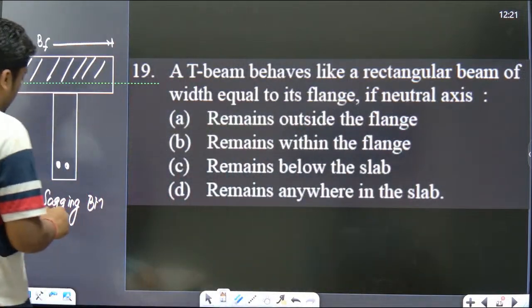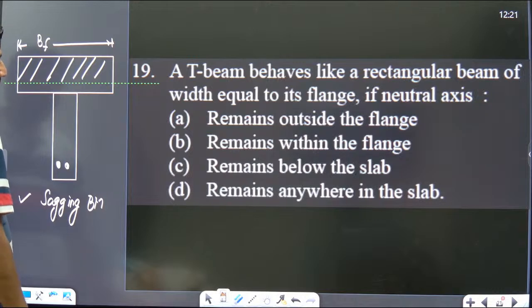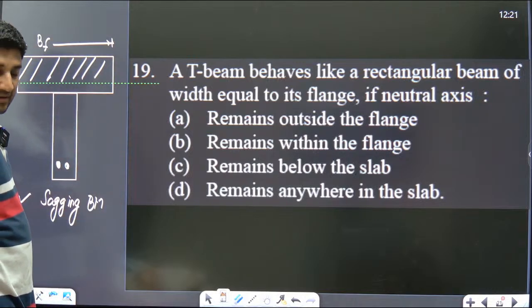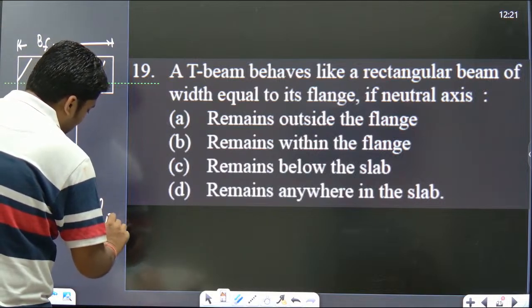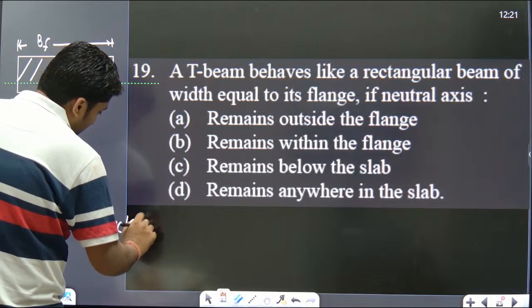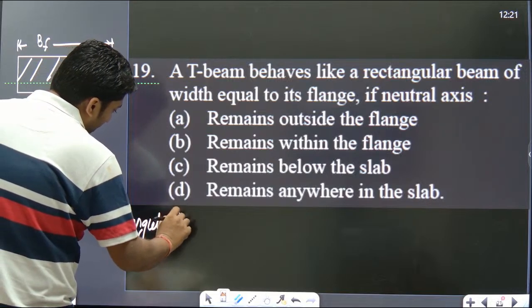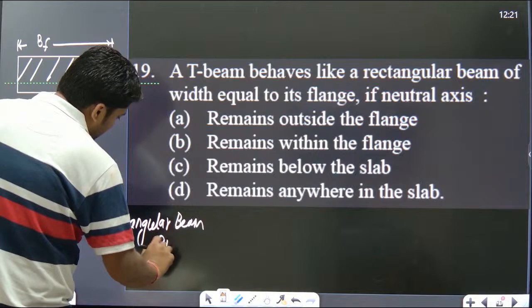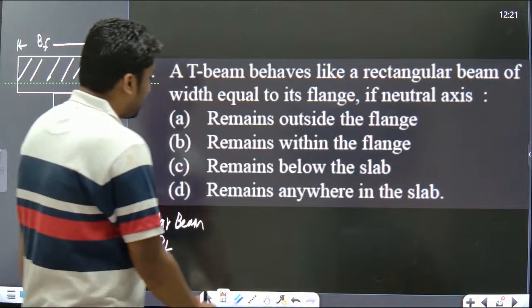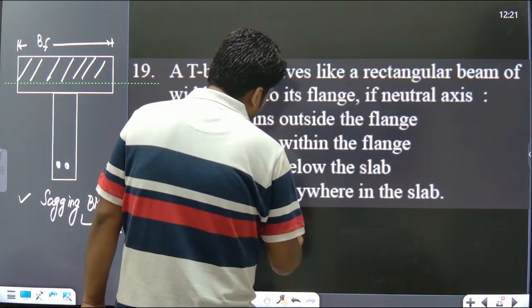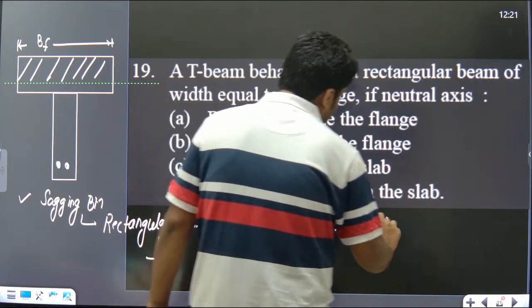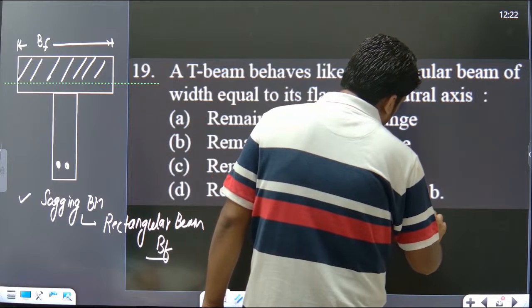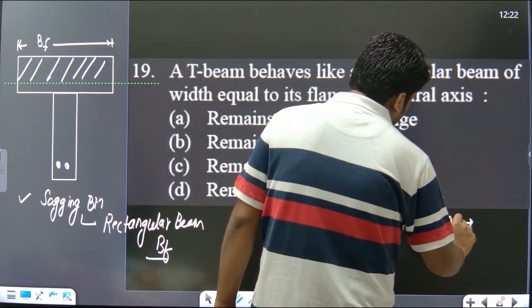Now answer me, if there is a sagging bending moment, this beam will behave as a rectangular beam of width of the flange. Yes or no? But if there is a hogging bending moment, and depth of neutral axis is more than depth of flange,